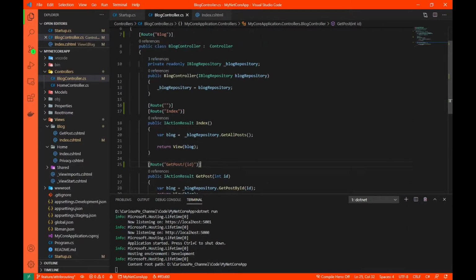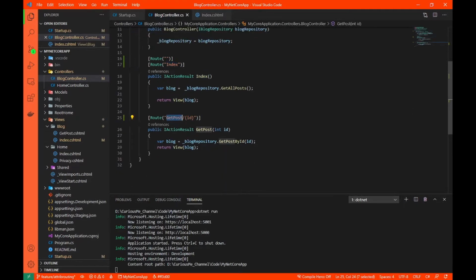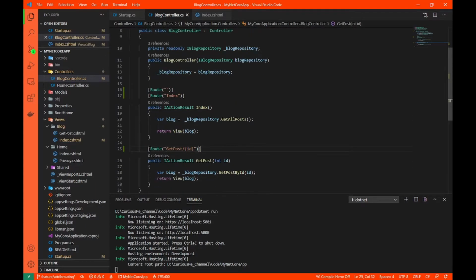By defining this route, this controller route will get combined with this action route. So now this route will become blog. If I want to visit this index, blog slash index will take me here. Similarly, blog slash get post slash ID will take me to this action. So this is how it will work.